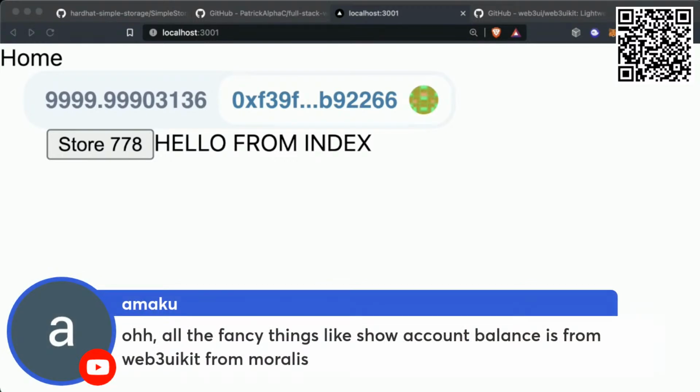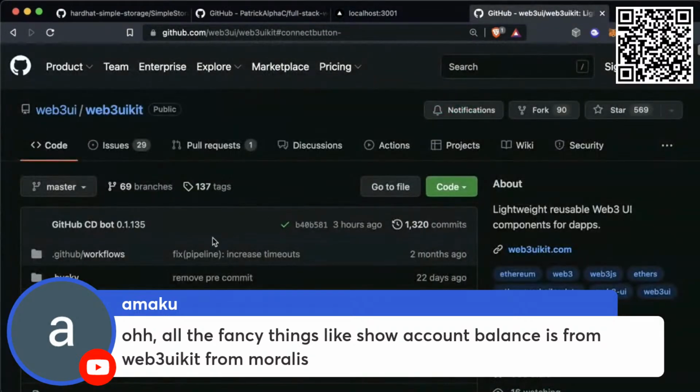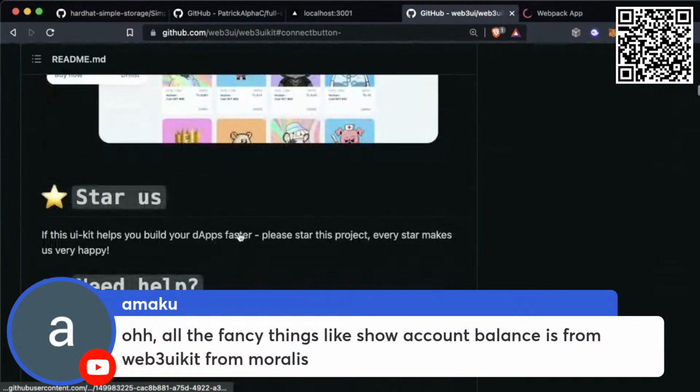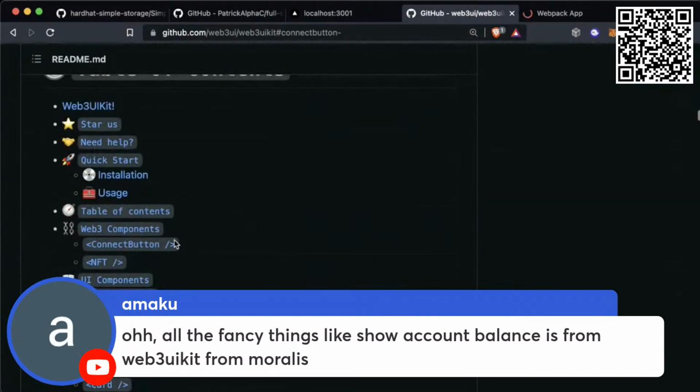All the fancy things like show account balance for the Web3 UI Kit from Moralis. Ooh, yes. So the Web3 UI Kit has some really cool stuff. If you go, there's a live Storybook demo, an interactive demo, which is really cool.